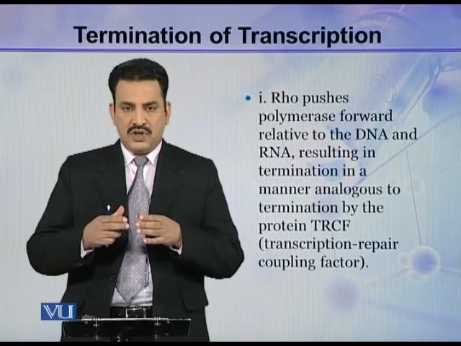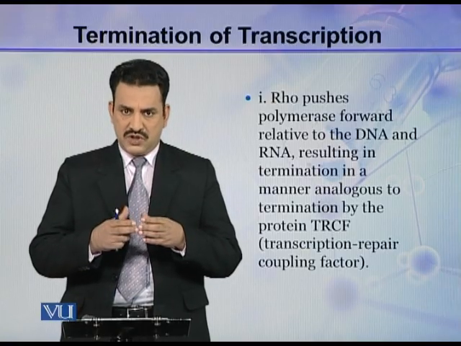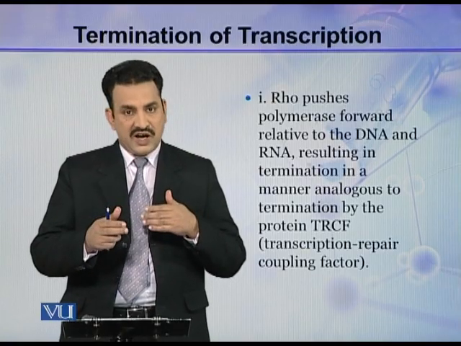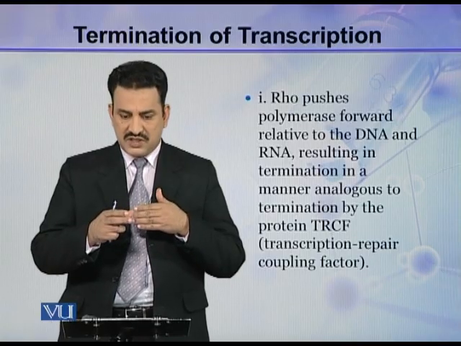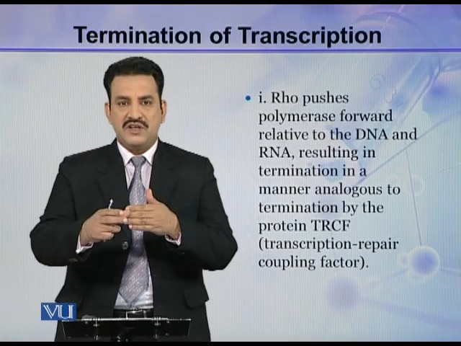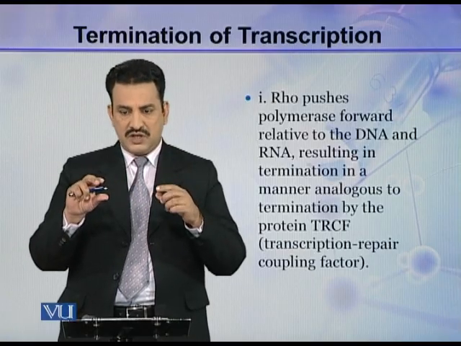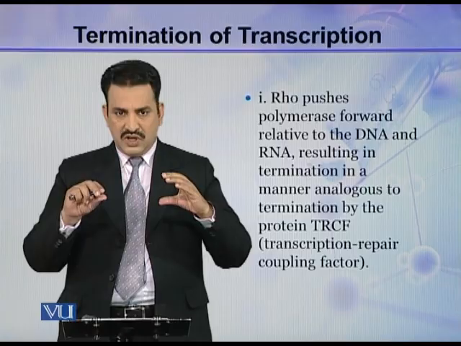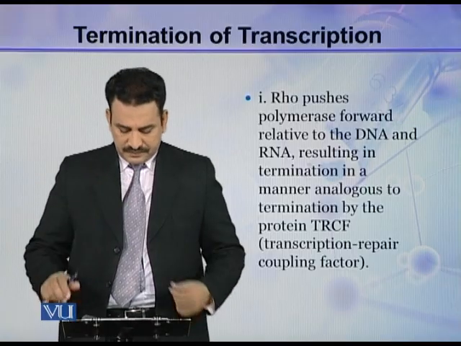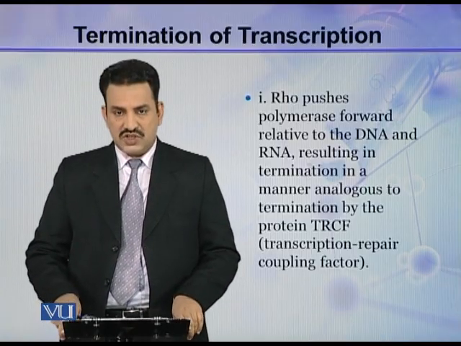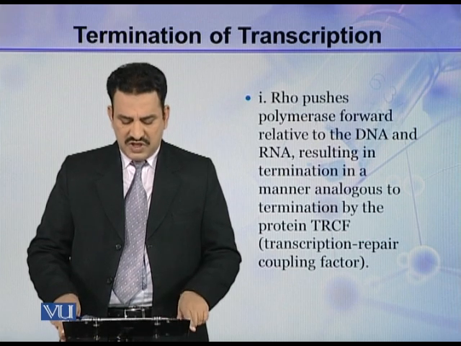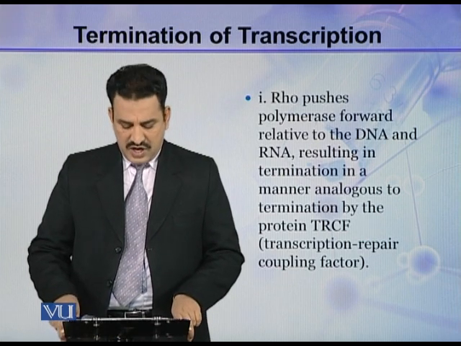So if polymerase is present at some site, this RHO pushes this polymerase somewhat forward on this DNA transcript and RNA chain. So it moves like this, and it results in the termination in a manner analogous to